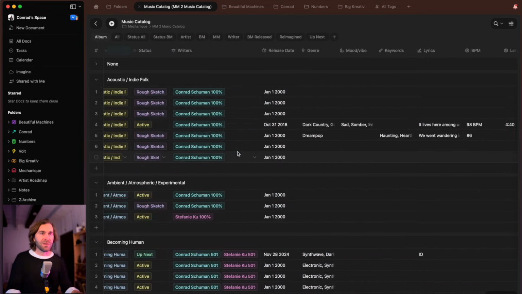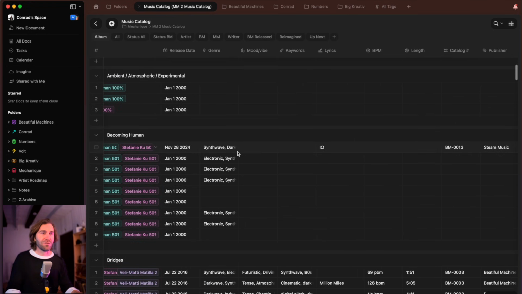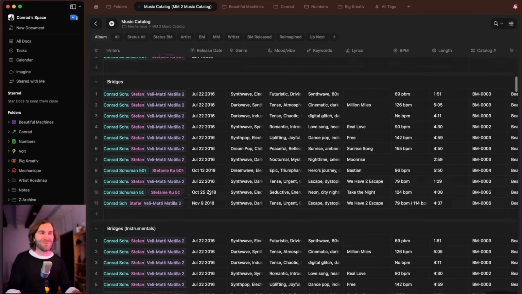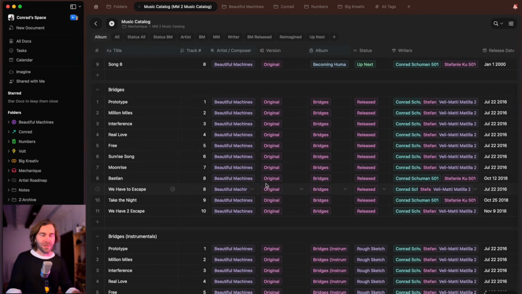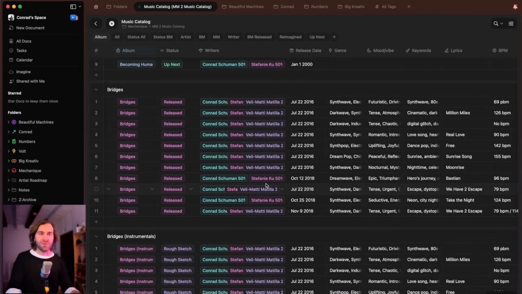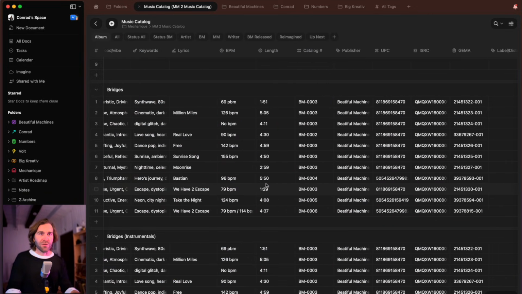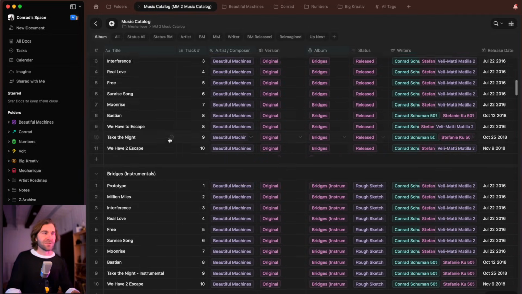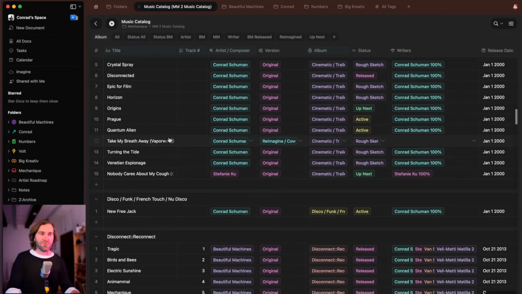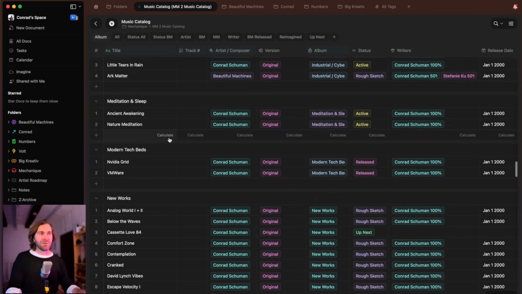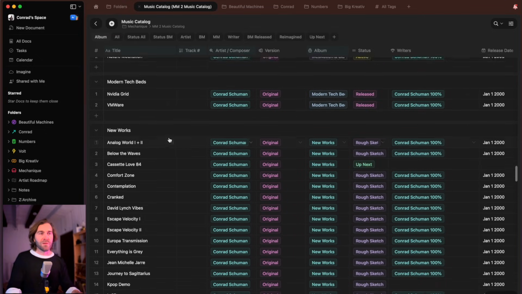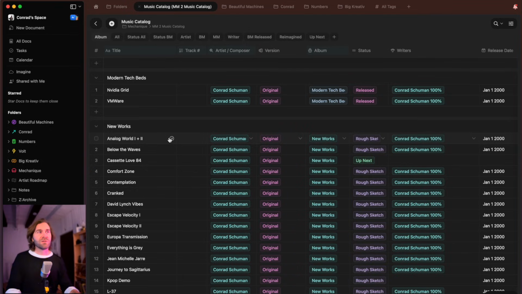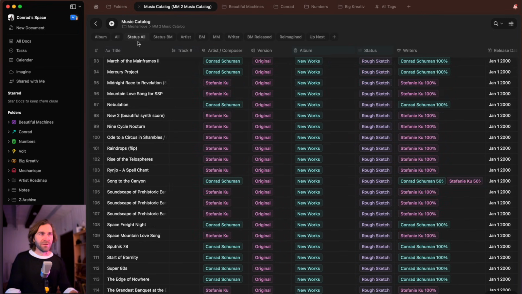So there's a lot of information that goes into some of these songs. There's a lot of information that goes into all this that then gets uploaded for when you're distributing music. So you have to keep track of all this. And there's just a lot. As you can see here, if I scroll and scroll and scroll, there's just a lot of music that's created either as myself as an artist or with other people I've worked with, or remixes or reboots, these kind of things.